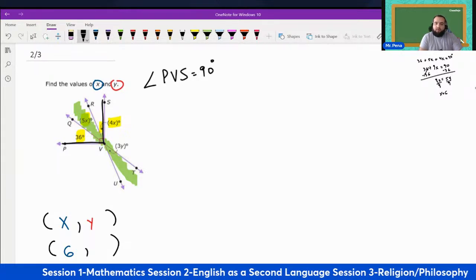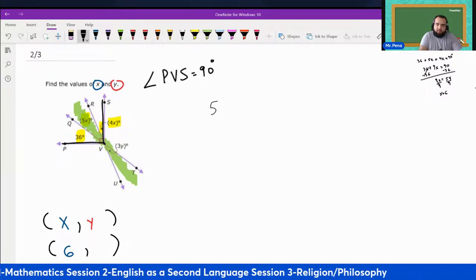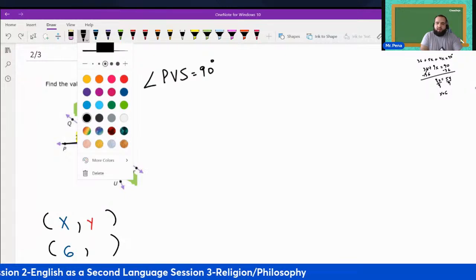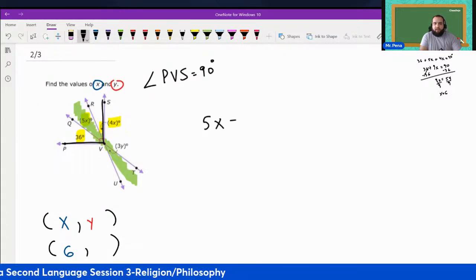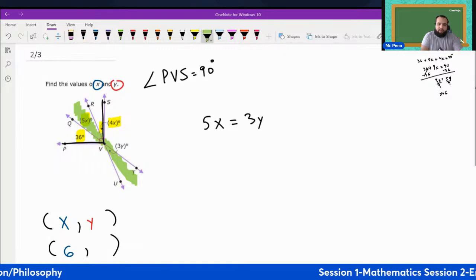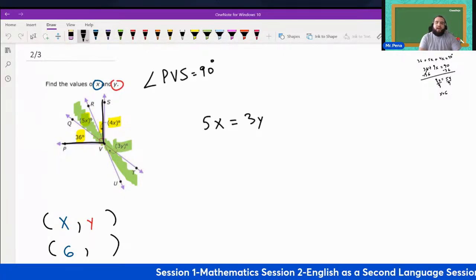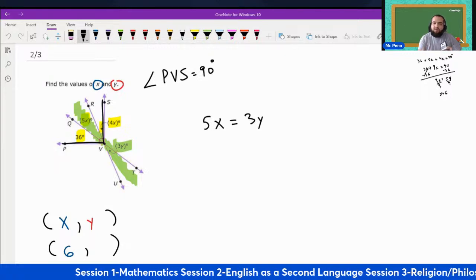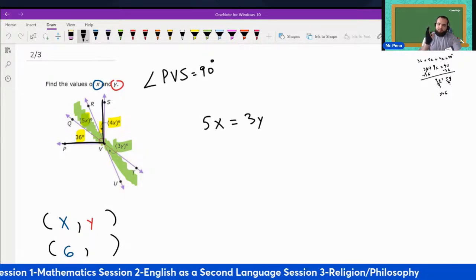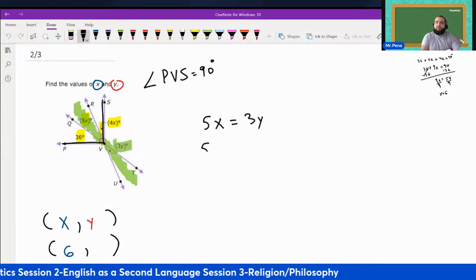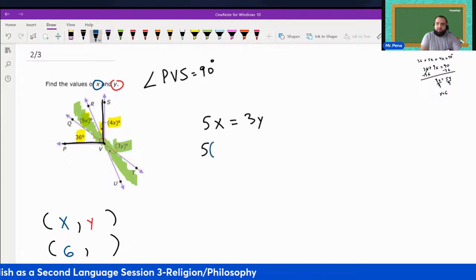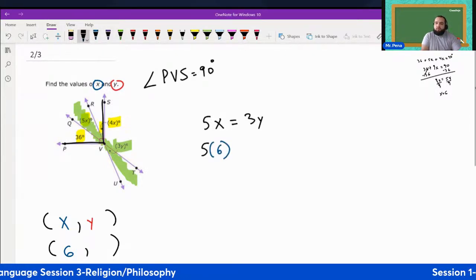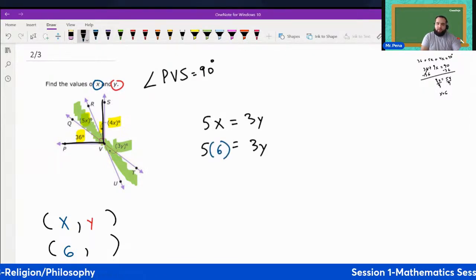That means they equal the same measurement of degrees. So we have 5x equal to 3y. See that right there? That's what they're telling you. They have the same value. They equal the same thing. So because we have x, we can simply input 6 for x, and we get 3y. So 5 times 6, which is 30,